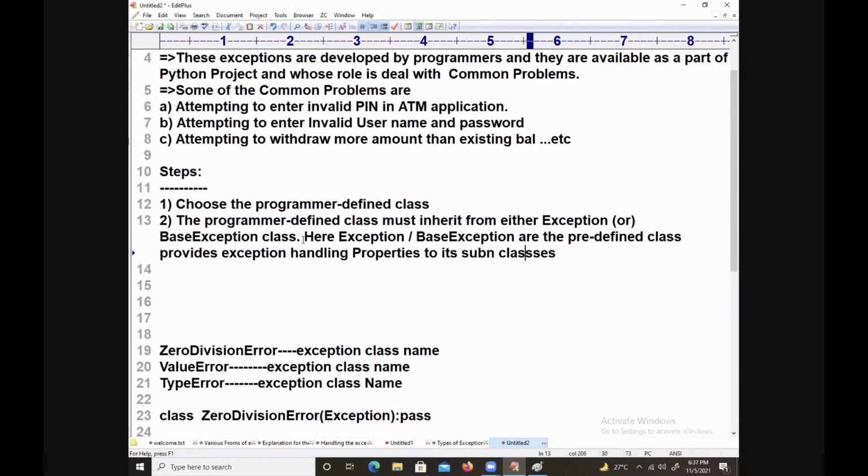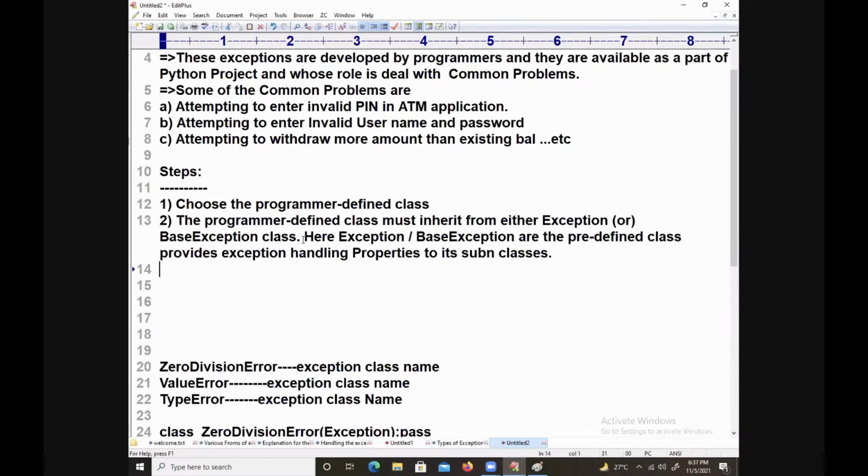So this is the first point you need to remember. Only 2 steps. And the third step, yes.